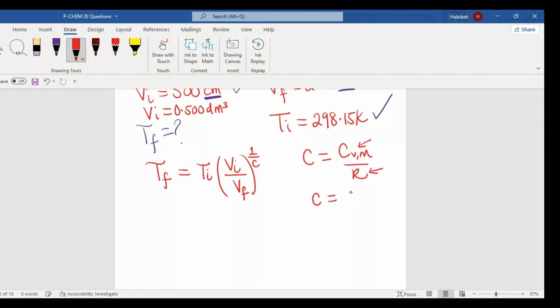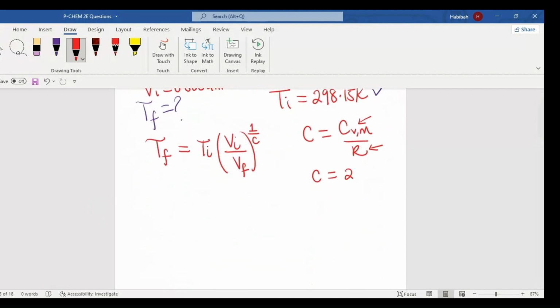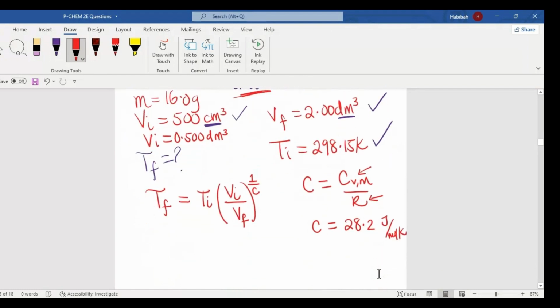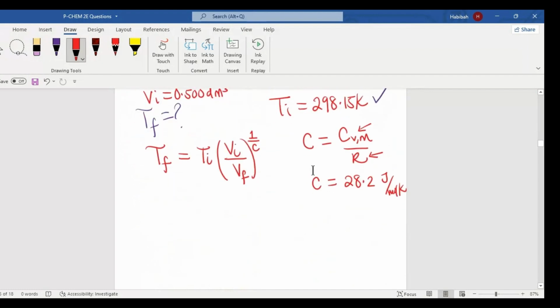So we know the molar heat capacity of this particular question, CO2 gas, is going to be 28.2 joule per mole Kelvin. And now you may be wondering, this information was not given to us in the question. Like the molar heat capacity at constant volume for CO2 gas was not given. Well, if you have your textbook, you can go to the resource section of your textbook and you'd find this value, or you can simply Google what the molar heat capacity at constant volume for CO2 gas is, and they're going to give you that value. So CV,M divided by R,